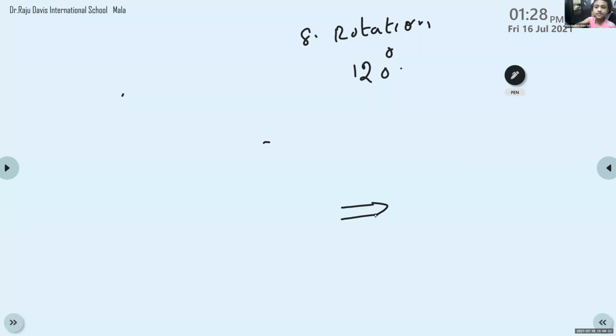May I ask a doubt? Yes, tell me. Ma'am, if a line is straight, what will we say, clockwise or anti-clockwise? Clockwise is the right side and anti-clockwise is the left side, right? Yes. Now, if you are drawing a straight line, what will you say? It will depend on the figure they first give.